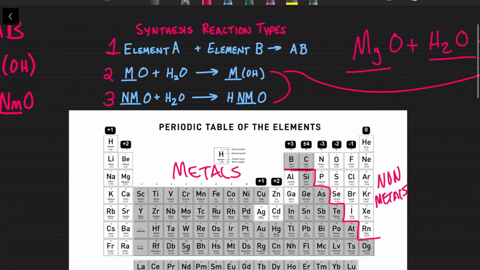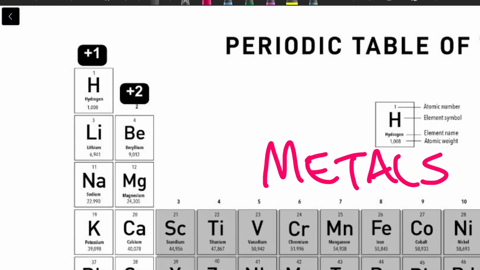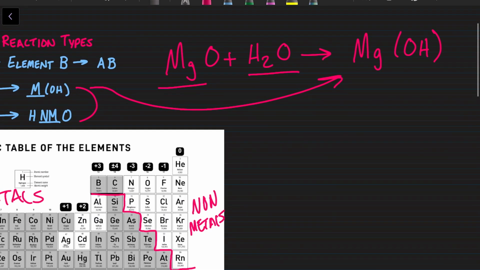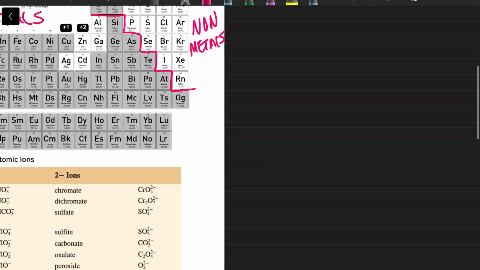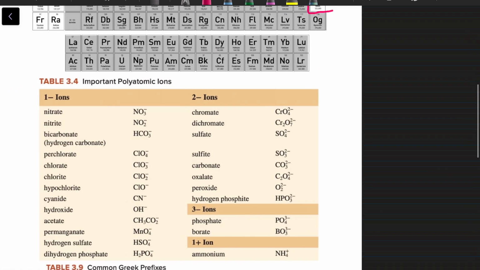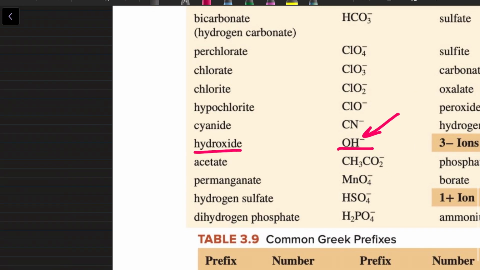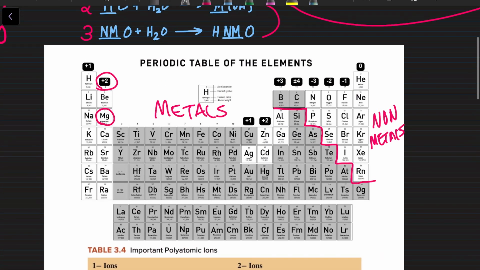Okay, now that we have that, the next thing is to look up the ionic charges of each one of those things. So magnesium has a +2 ionic charge, and then hydroxide has a charge of -1, which I will show you right now. So if we zoom in here into our polyatomic chart, you will see that it is a -1. All right, so we come back to our problem,